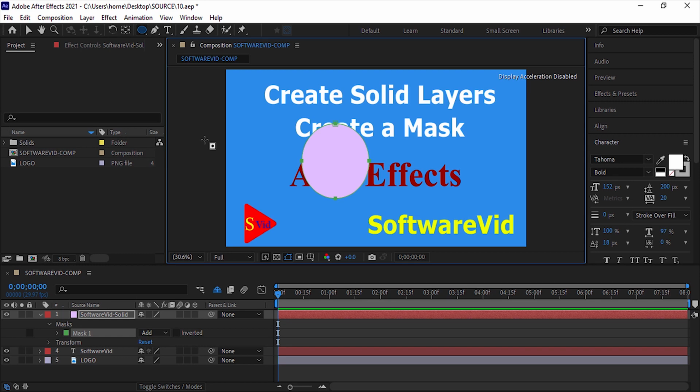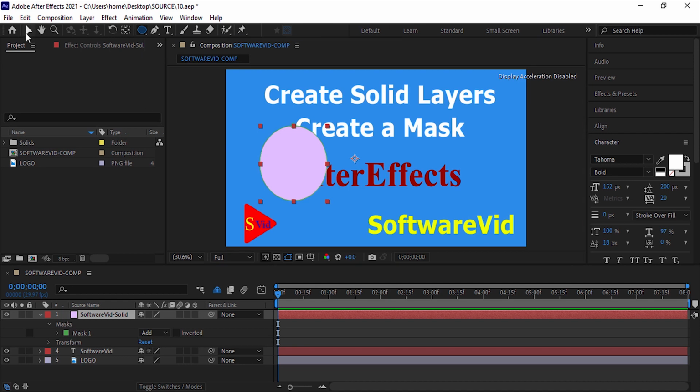Important note, you can mask a space larger than the solid layer range, in which case the contents of the lower layers are also displayed. Of course, here we want to mask a circular area of the solid layer. Therefore, after adjusting the dimensions of the circle, release the left mouse button to insert a mask with the same name to the bottom of the solid layer. So far, the task of creating a mask on the solid layer has been done.